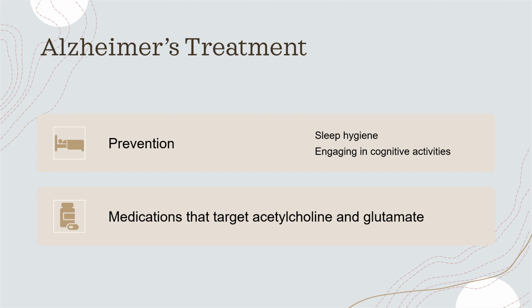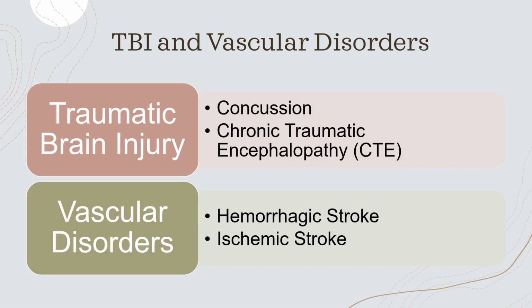Okay, next set of disorders. These are separate in the DSM, but I put them together mostly because they're kind of short. So TBI is traumatic brain injury. Traumatic brain injury is usually caused by some sort of trauma to the brain. Typically that's going to be maybe a car accident. It could be things like sports, if you're having high contact, then those can contribute to TBIs